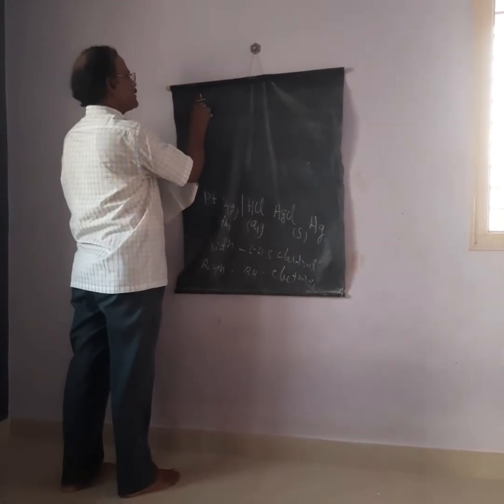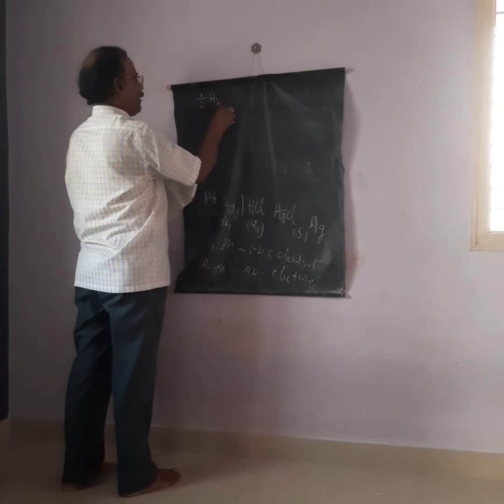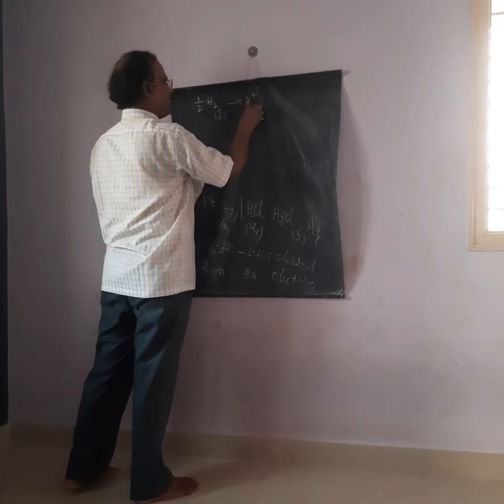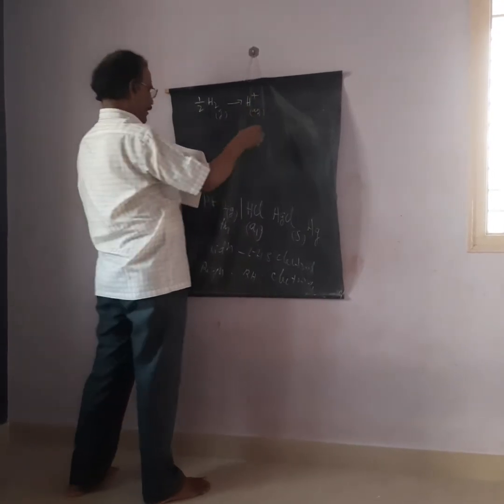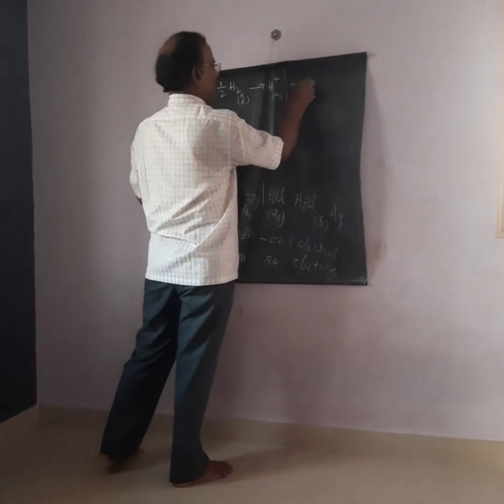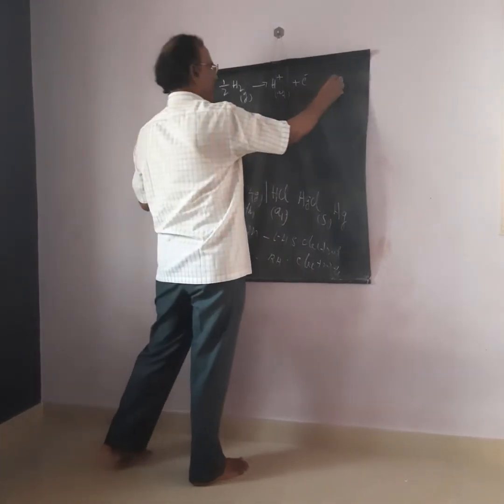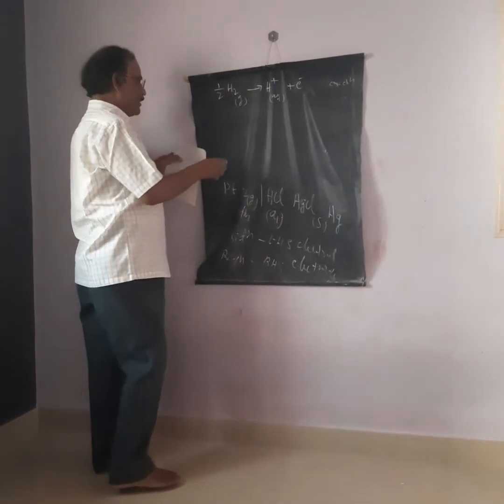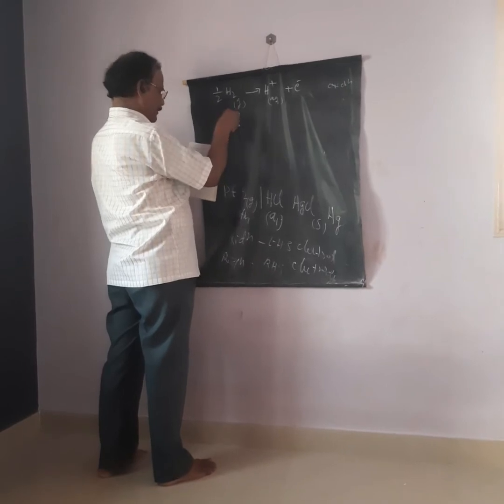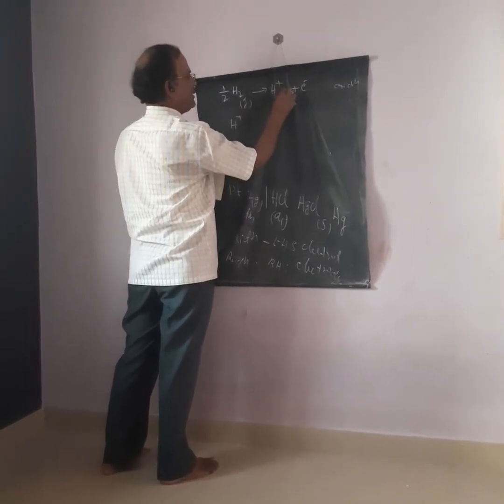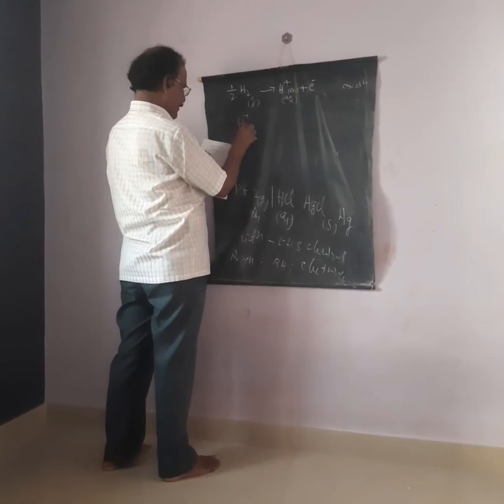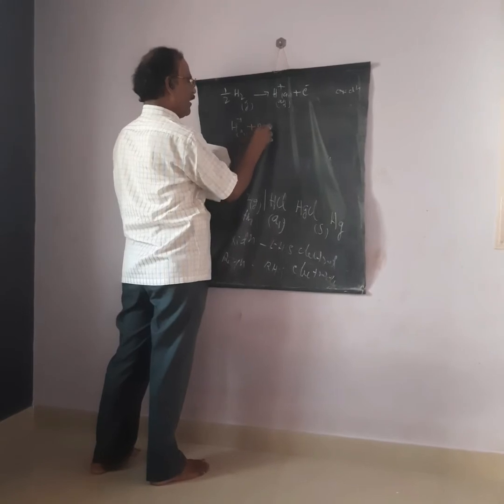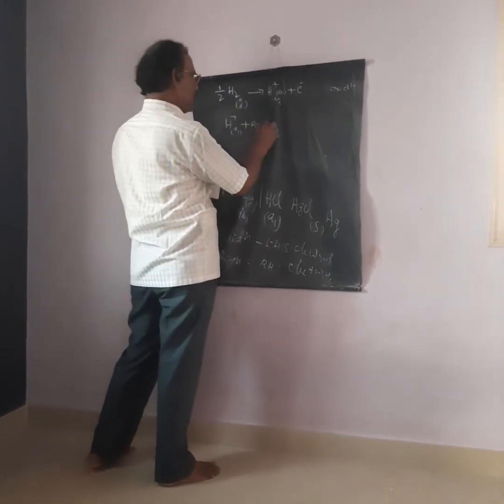Half H2 gas gives rise to H+ aqueous plus an electron. So this is oxidation at the left-hand side electrode. And the H+ is at activity A1. H+ at activity A1, plus AgCl, plus an electron